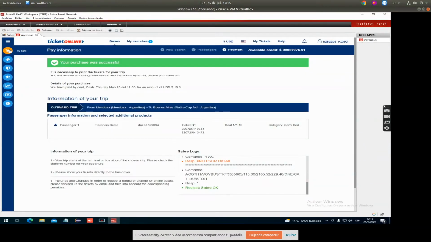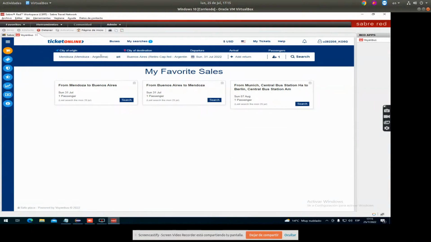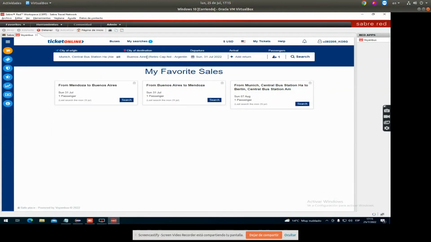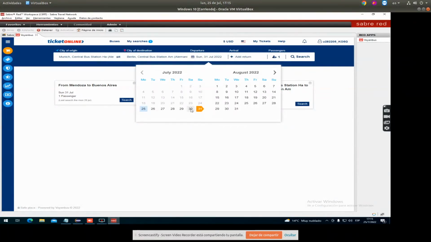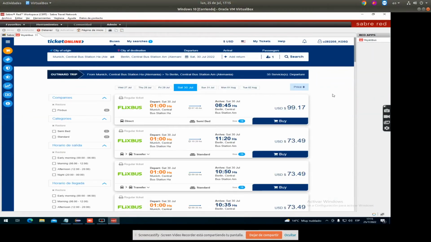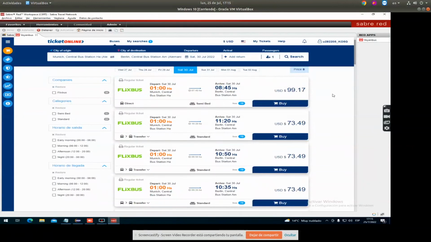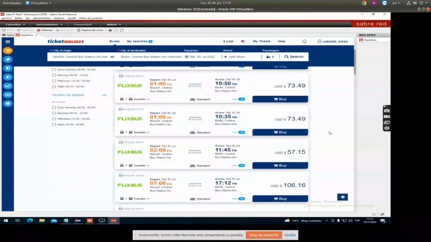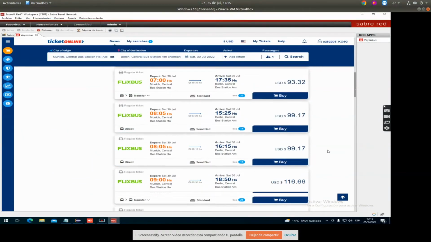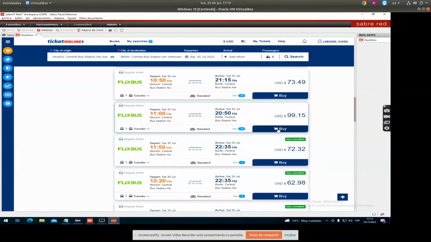Well, before I explain all the tools in this application, I want to show you a search with FLIXBUS services. So we're going to sell again, and we'll choose Munich to Berlin, a service for this Saturday. Okay, so as you can see, these are all the services for FLIXBUS with all the details as well as the other services. We choose one,